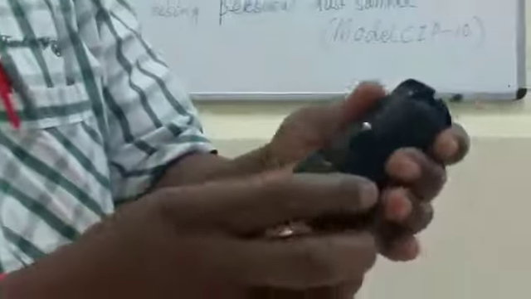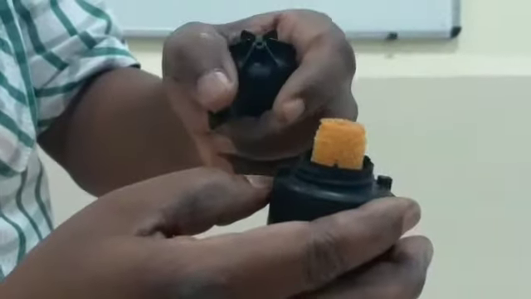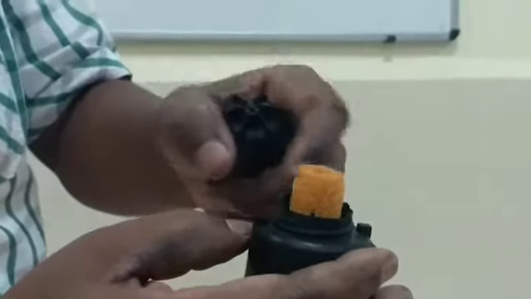Then you come to the instrument. This is the inlet hole, and through the inlet hole the air comes to the first protecting cap, and in between is the intermediate filter system, having the polyurethane foams. These are the polyurethane foams. From that it is coming to this rotating cap. This is the rotating cap, and it is also filled with a filter, and it is connected with the shaft.